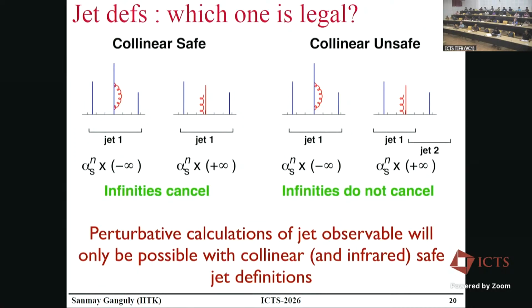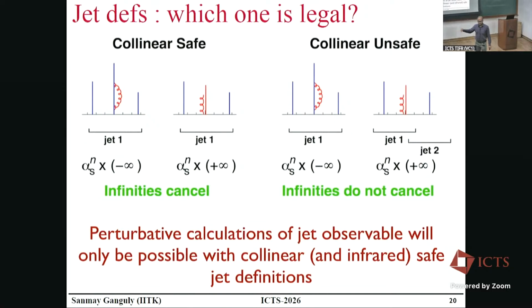Maybe. No, so here it's at the field theoretic level. But I think there's a collinear safety consideration also at the hadron level, perhaps not as easily expressible. So there, at the hadron level, when we are measuring, there is always one issue of the angular resolution of our detectors. That's one aspect which we are not talking about right now.